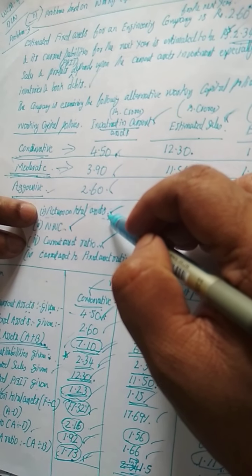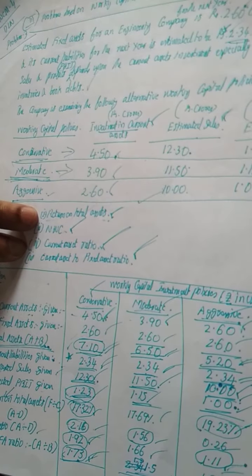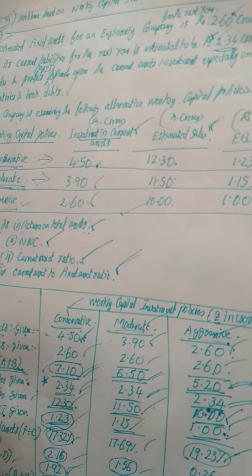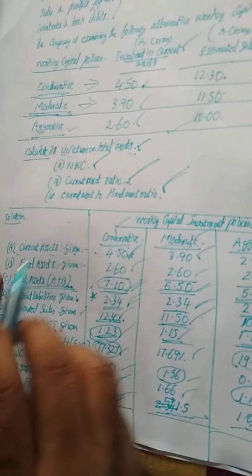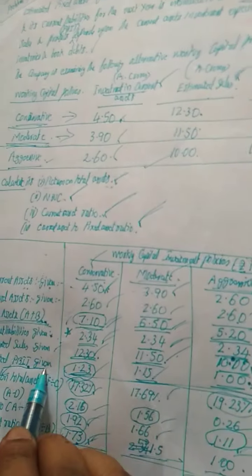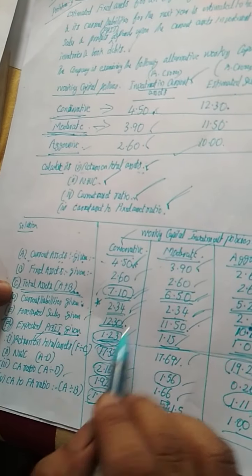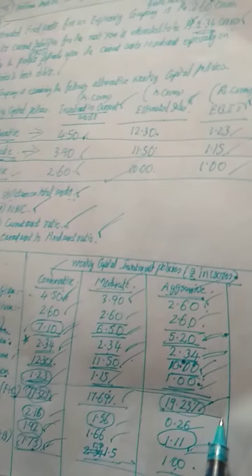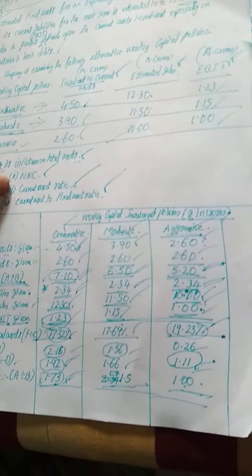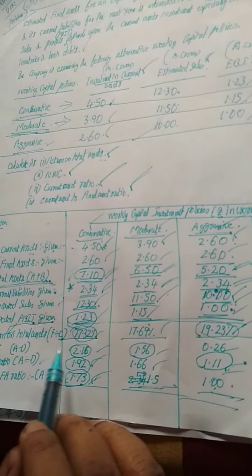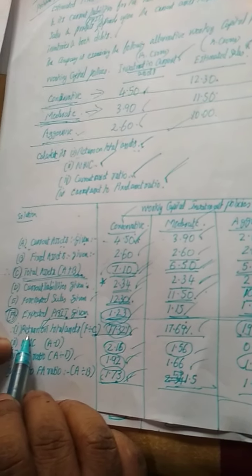Return on total assets. What do you mean by return? Return is nothing else but profit. Earnings before interest and tax is given. So EBIT, that is F. F divided by C, total assets is C. F divided by C, we will get all the answers. That is earnings before interest and tax divided by total assets under conservative, under moderate and aggressive, we will get the answer. Return on total asset, that we will get in percentage. Because the EBIT divided by total assets, we will find out always in percentage. Return will be calculated in percentages.